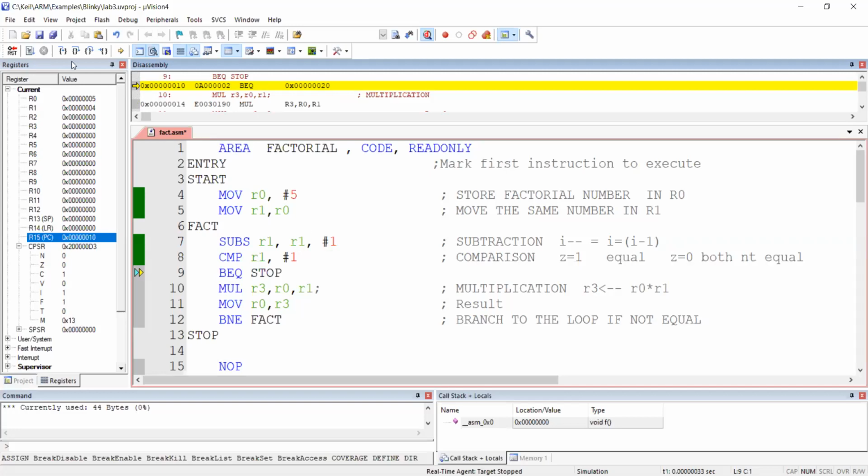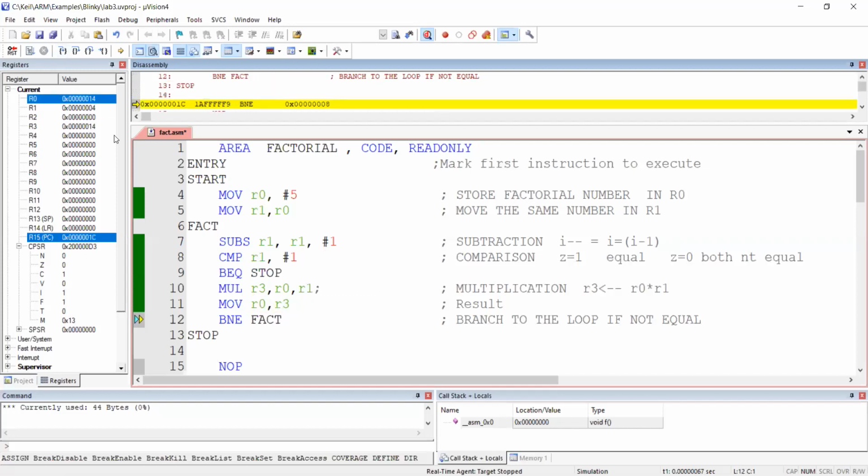Yes, the program counter is in line number 10. What is the work of line number 10? R0 into R1. What is there in R0 and R1? Check in the registers. 5 into 4. What is the answer? 20 in decimal, but actually in hexadecimal. So where will I get the answer? In R3. Okay, that copy I will keep in R0. Don't worry, once again a copy of R0.